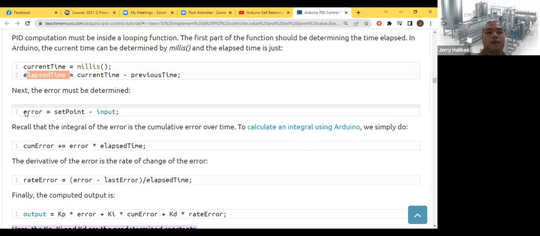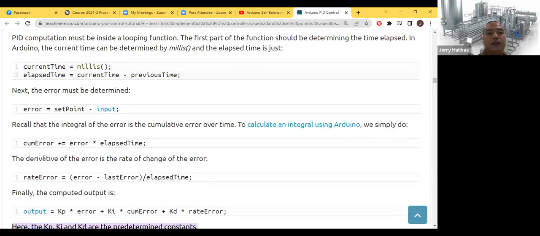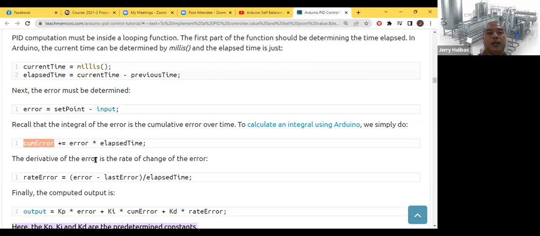Then, error. So error is actually set point minus the process variable. But since the process variable is the output that is sensed by your sensor, this is now the input from your sensor. Okay? Then, by the way, the plus equal just adds the previous value to the count error. So accumulative error is equal to the previous accumulative error plus the error times elapsed